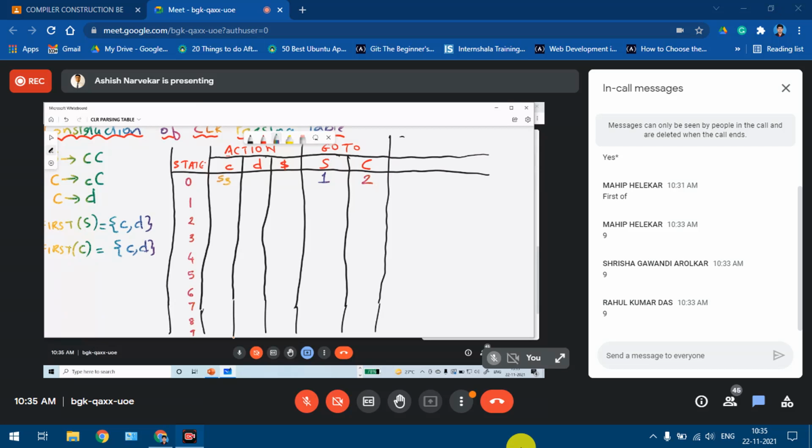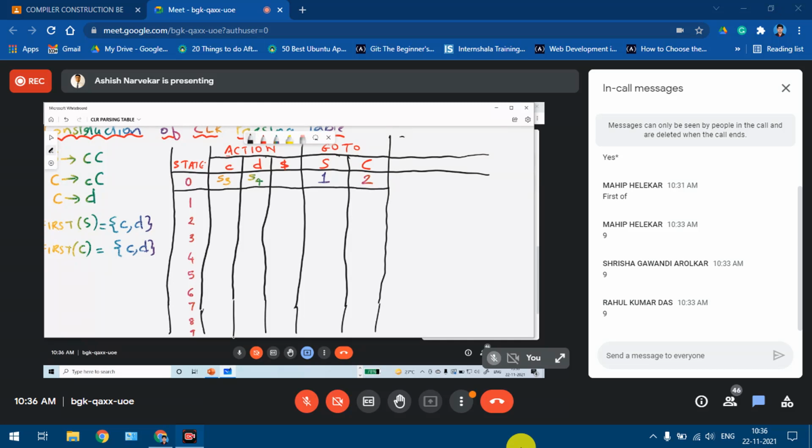Then on input d, from 0 it goes to 4, so it will be shift 4, S4.